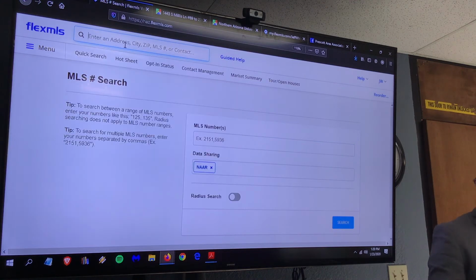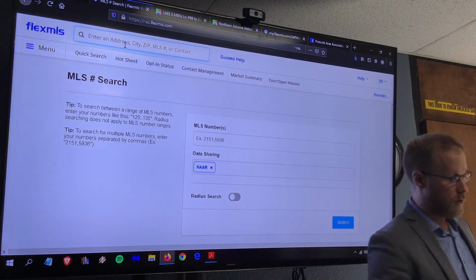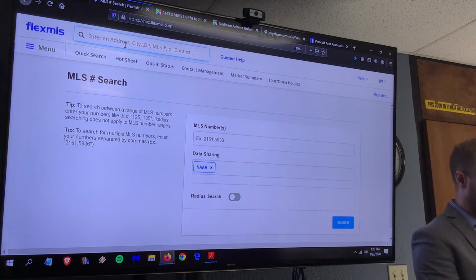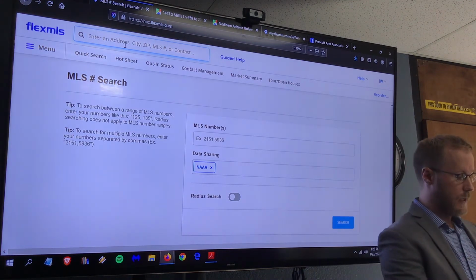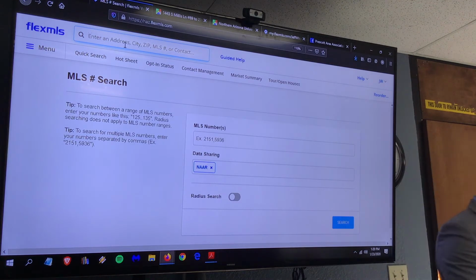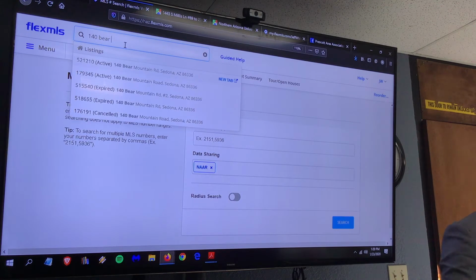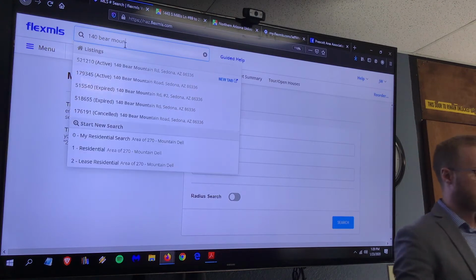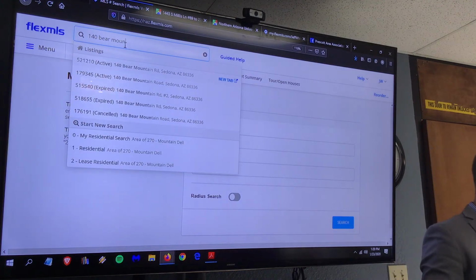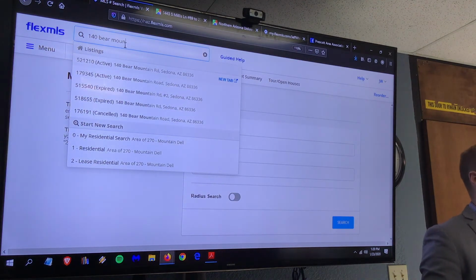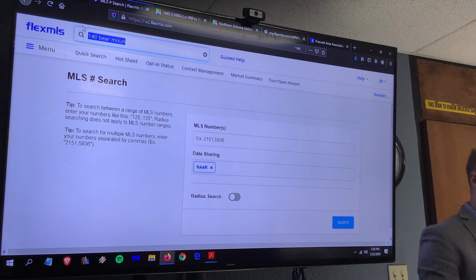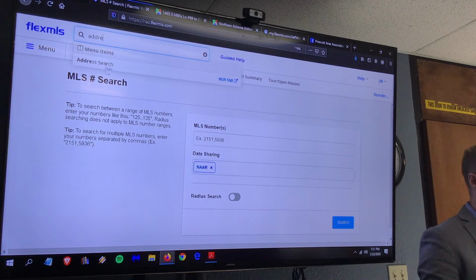Okay, now another thing you could do is an address search. Now, let's say, for example, I have an actual address, and I showed you that earlier on in class. I typed in 140 Bear Mountain. So that's an actual address. But let's say your client calls you up and says, hey, I'm interested in that blue house in Flagstaff. And I know you get questions like that. Well, if you were to type in the word address, there's an address search where you can do a bit